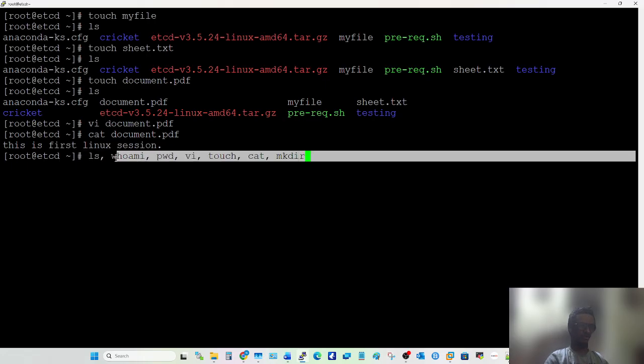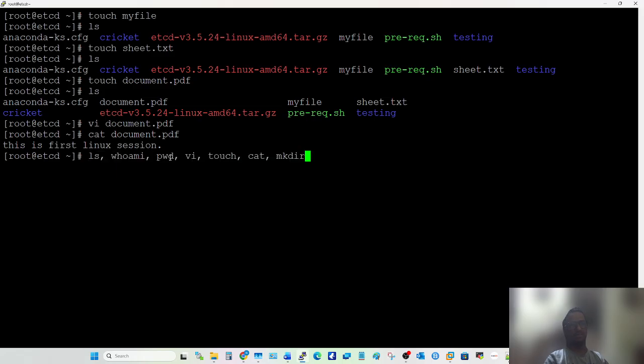So don't worry about these commands. There are multiple commands I have taught you in this session. There are 7 commands. If you think, how can I learn these commands? There's no need to learn and remember them, because these are daily use commands. When you practice our course syllabus, you are going to execute these commands on a daily basis. So there is no need to recall or memorize them.